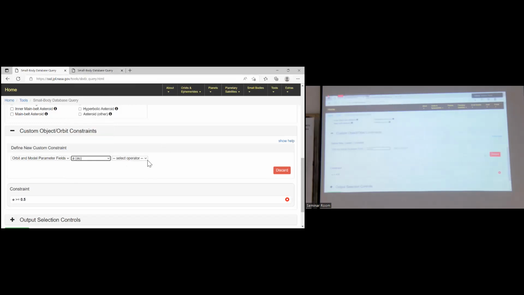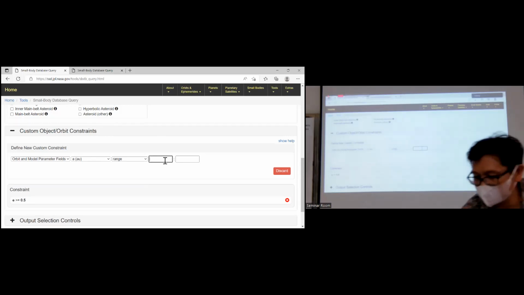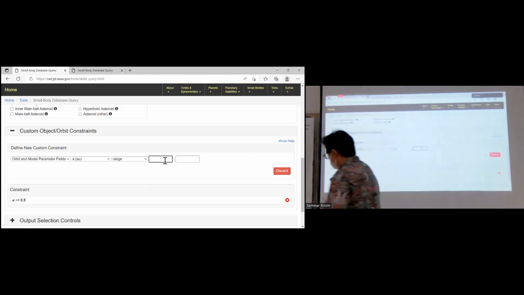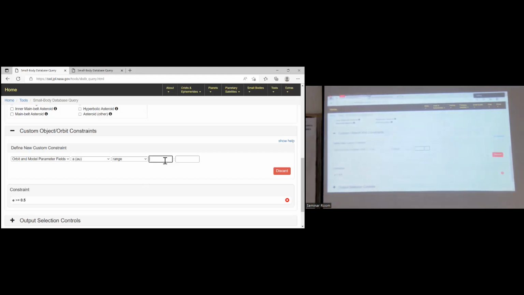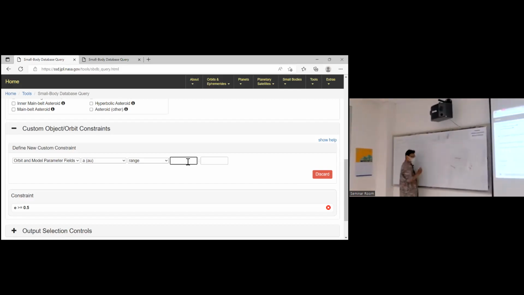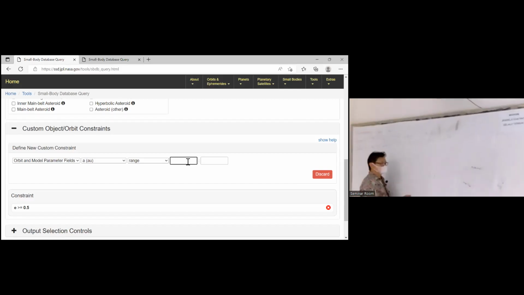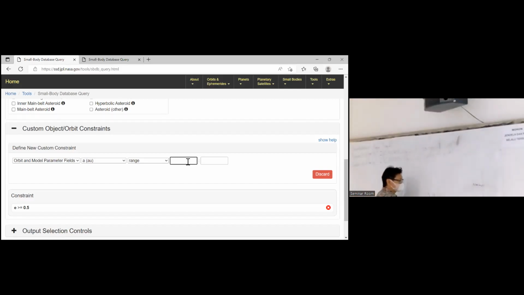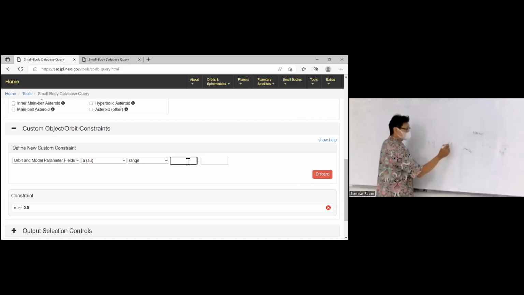Operator: range. For the Plutino, you should type 39 to 40.